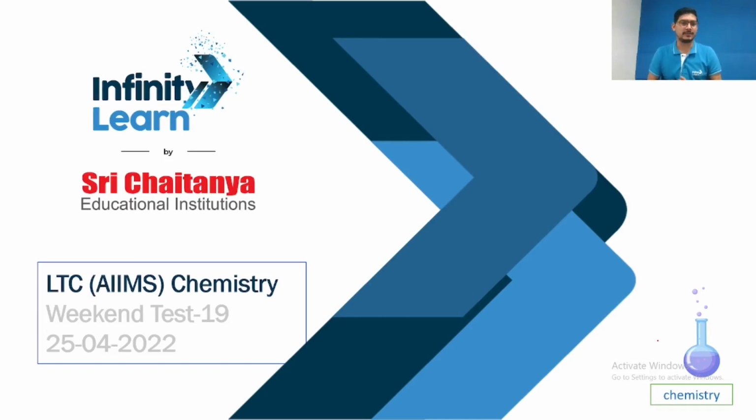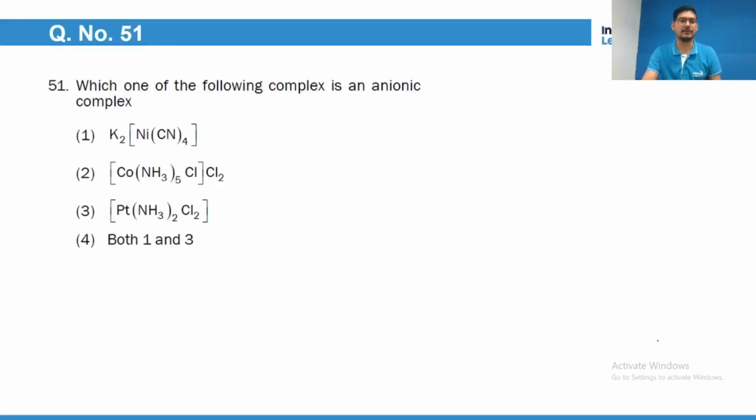Let us start with the solution of LTC AIIMS Chemistry Weekend Test number 19. So here's question number 1. Which one of the following complex is an anionic complex? Of course, anionic complex is the one which has negative charge on the coordination entity. So because potassium has positive charge, so of course this coordination entity will have two negative charge, and this is